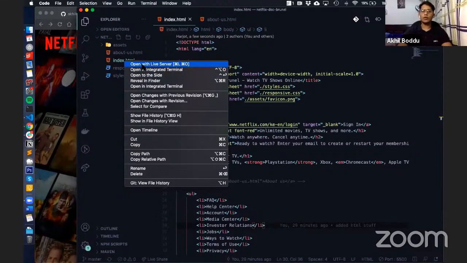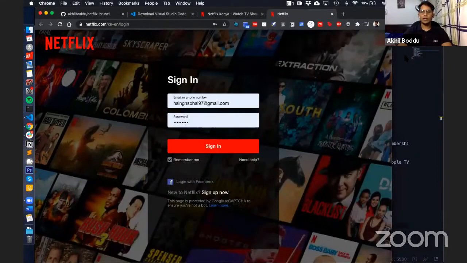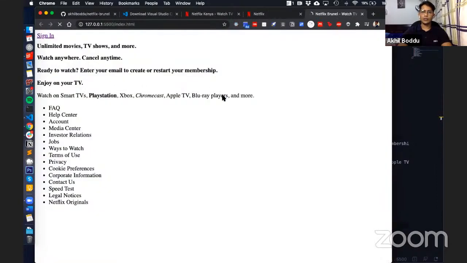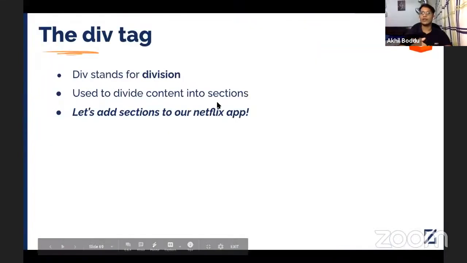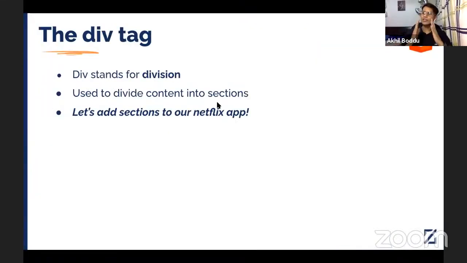Awesome, thanks, man. So basically, I'm just going to open with Live Server again, and you can see the changes that Harjot has made, and that the sizes are the same for all the heading tags and stuff. So yeah, guys, now we'll be jumping into a concept called divs, which stands for division, right? Now divs become extremely crucial when you want to style elements, right? Because normally how it works,